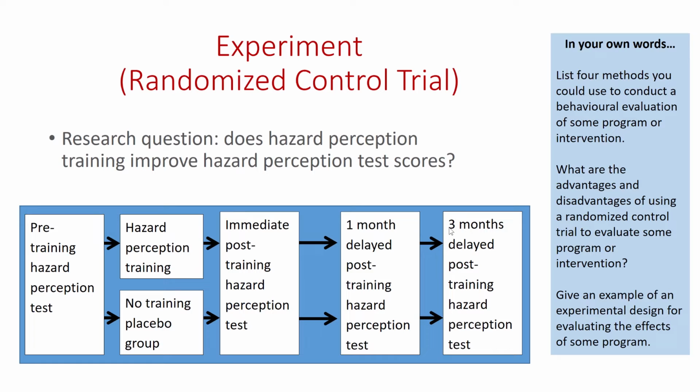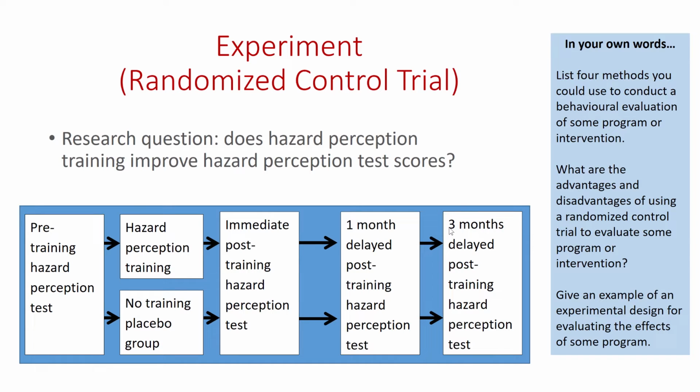Third question, give an example of an experimental design for evaluating the effects of some program. Well, I've just given you an example here with hazard perception training. So all you have to do is, off the top of your head, come up with some substitute for hazard perception training. Okay, let's think,